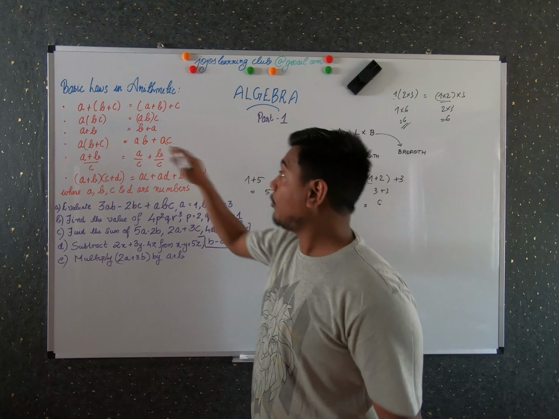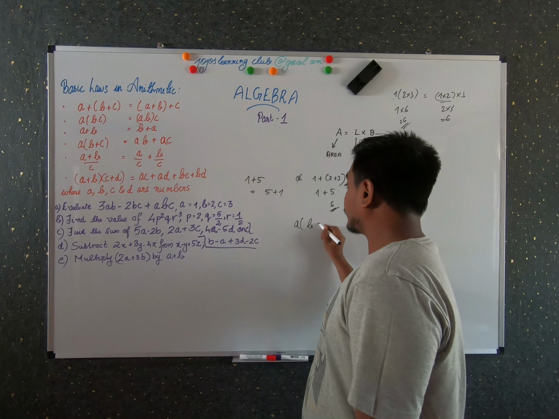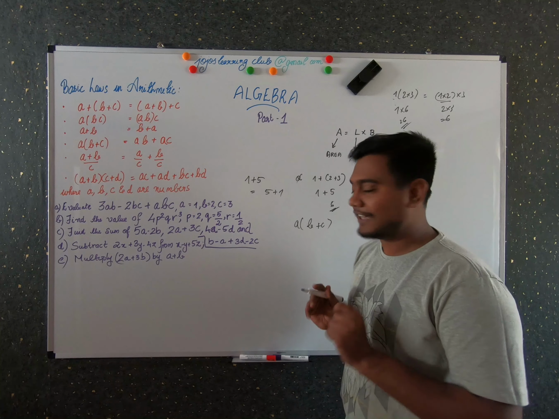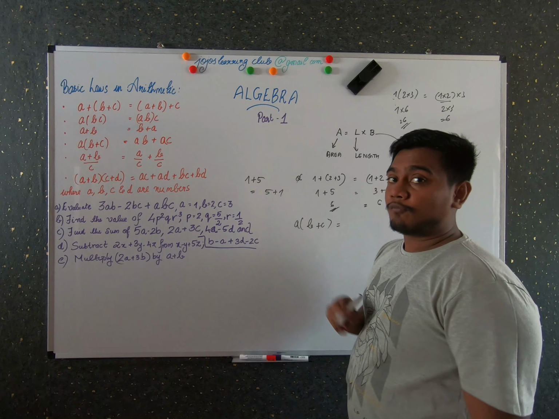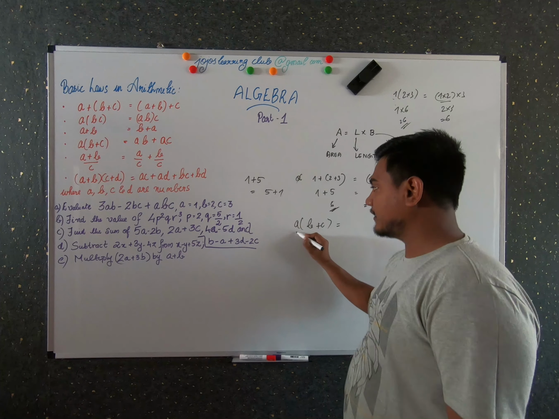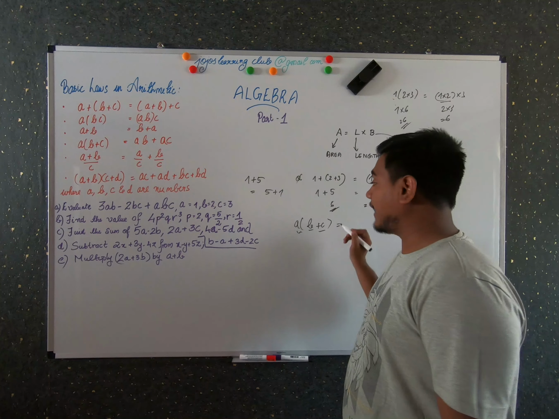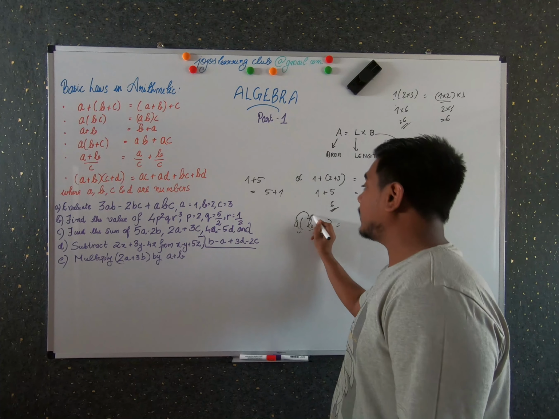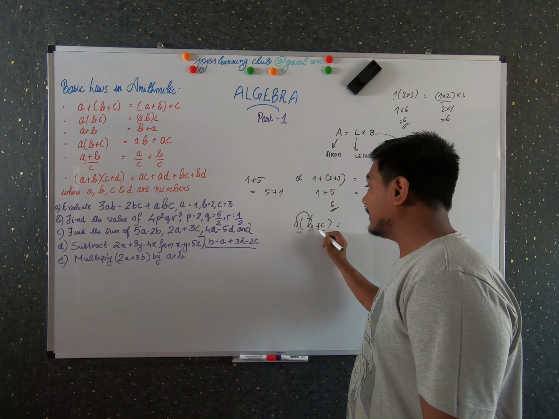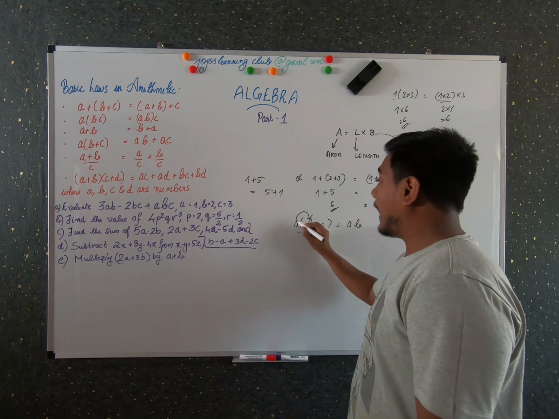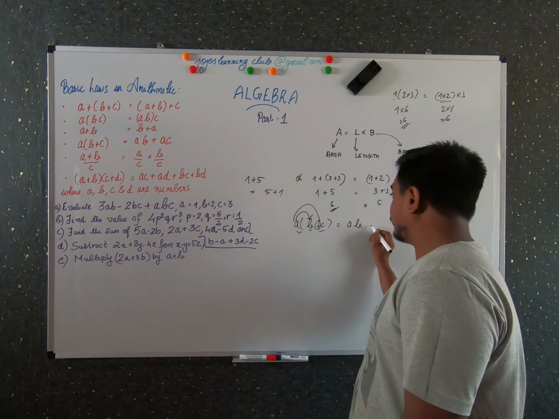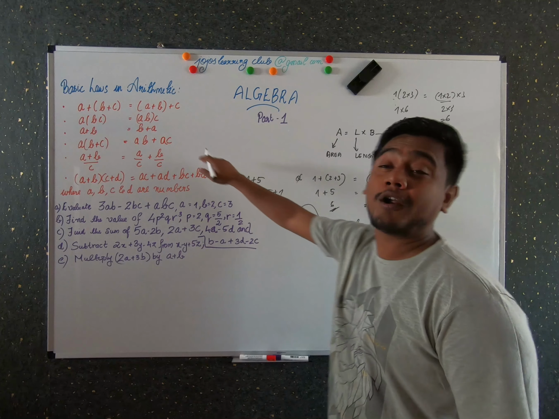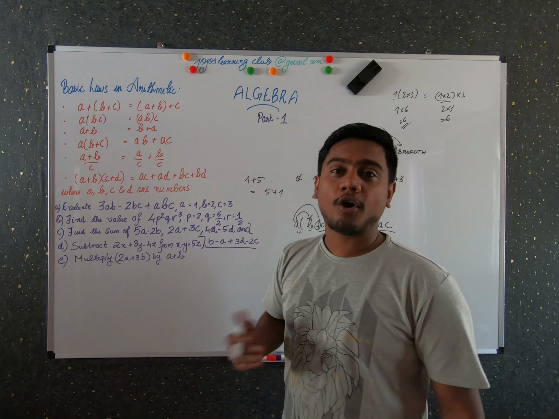And the fourth one is A into (B plus C). It is actually opposite of factorization, which I will be taking on later. So when you have some number common factor, this is actually a common factor of B and C, and that's why we write it outside of the bracket. What is the actual answer? It is nothing but multiplying A with B, so AB, and then adding this plus sign over here, then AC. So this is what the fourth law is all about.